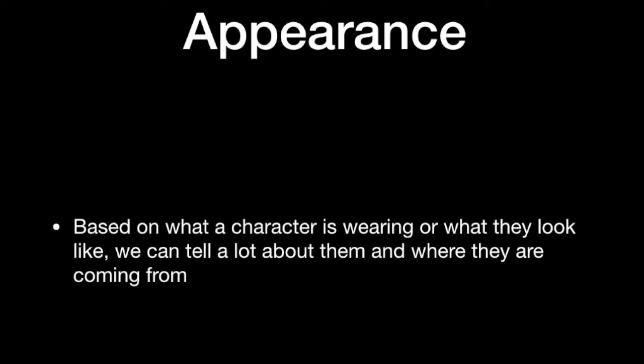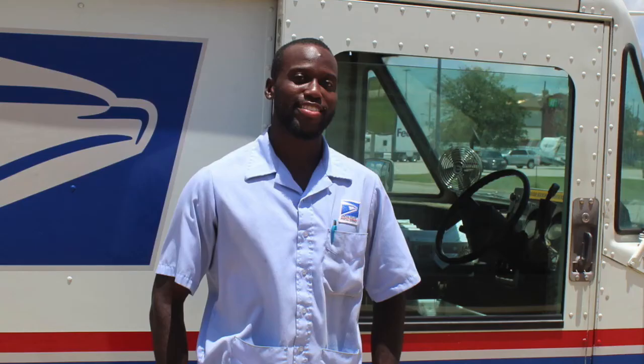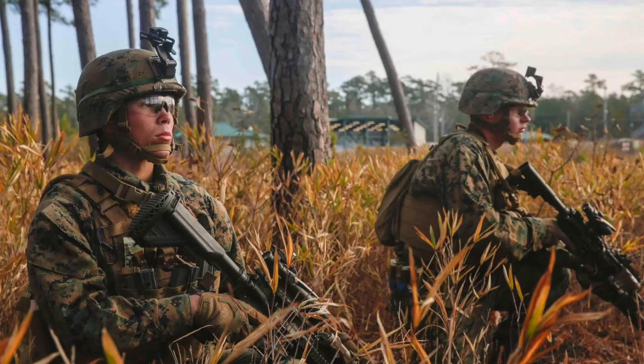And appearance is important because based on what a character looks like, it can give us clues to their past, it can give us an idea of what to expect from them, and to better understand where that character is coming from. For example, if we were to see this person as a character, we would expect them to be out delivering mail. They're wearing a postal uniform, they're standing next to a truck. Those things give us clues to this person's job. Based on the appearance of these two people, we would expect them to be ready for combat, to be fighting. They're carrying guns, they're wearing army uniforms, and they're probably in a situation that could be dangerous, which gives us